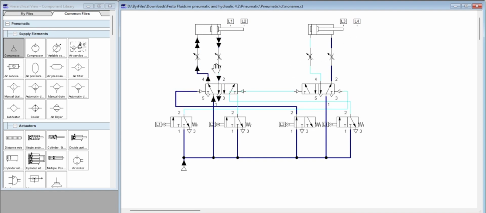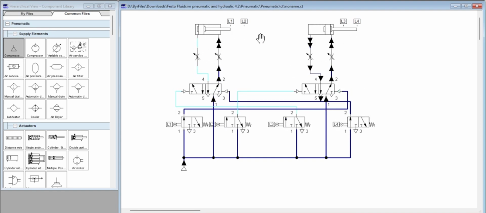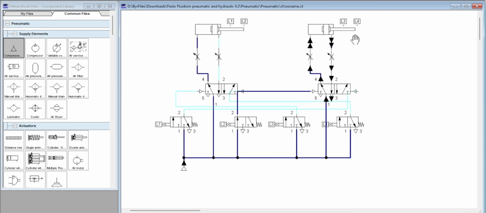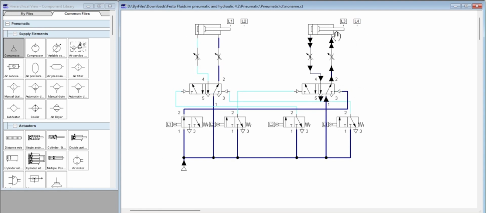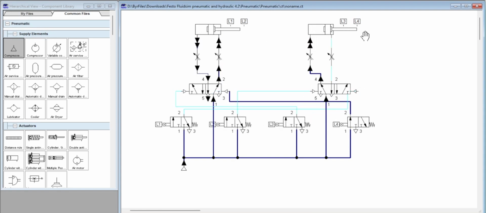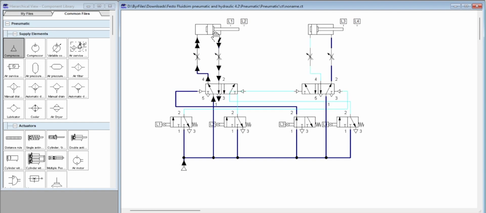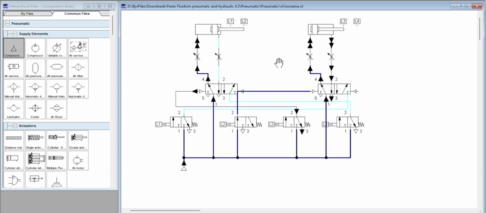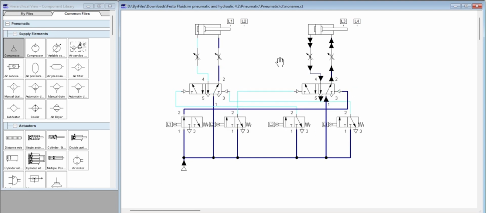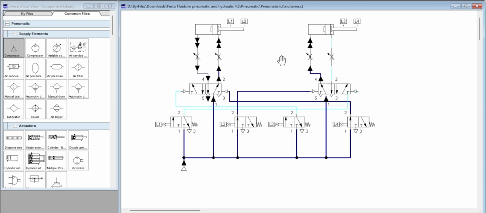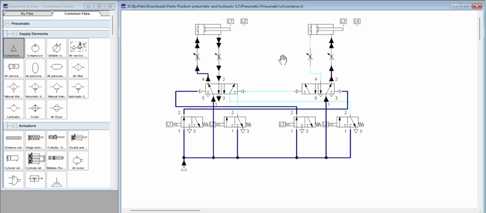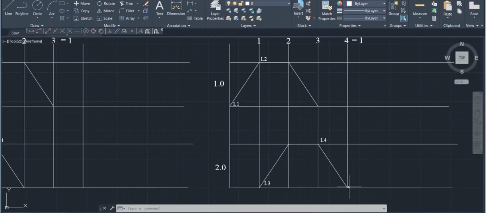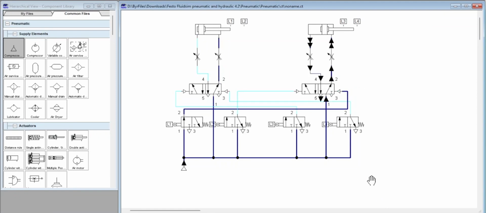Okay, so cylinder 1 extends, cylinder 2 retracts, extends, retracts, extends, and retracts. So that is our setup for this motion diagram. Okay, so going back again,